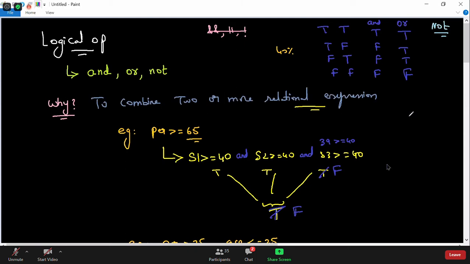Like in most real-time examples, some function will return false, but you want to make it true. Suppose you store the result in variable f, it returns false, but you want to make it true. Can you make it true? Yes. You can simply say not f. No need for brackets, because not is a keyword and f is a variable. Not f will make you true, and not true will make you false.